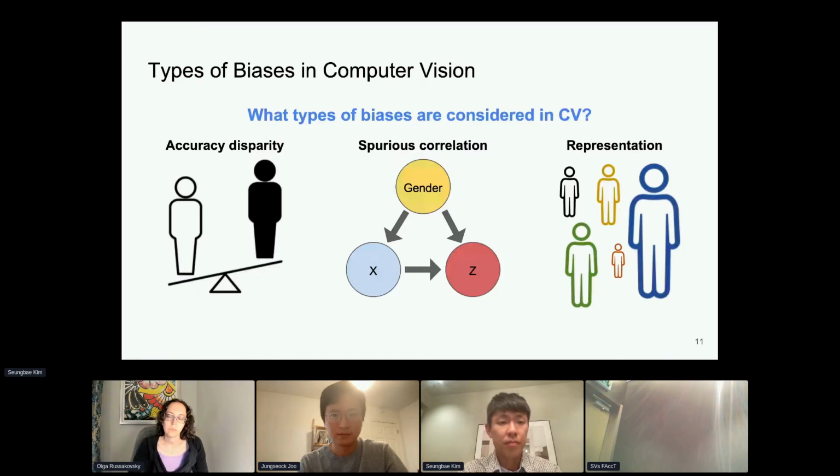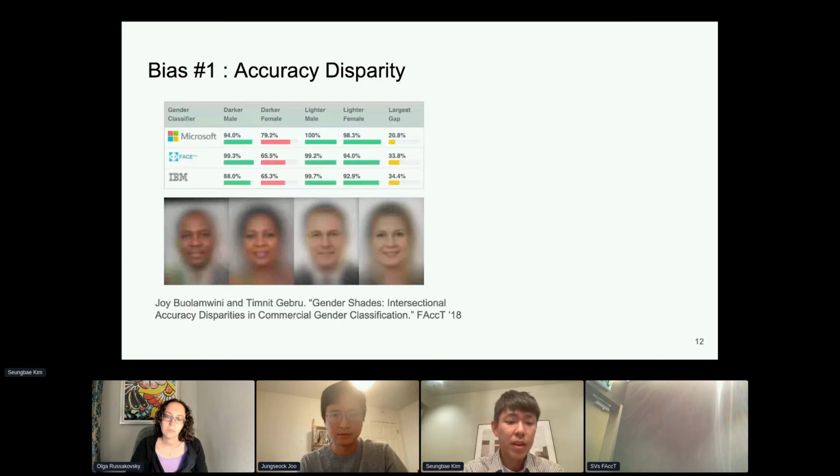The accuracy disparity measures the performance gap between the groups of protected attributes, allowing us to evaluate the fairness of computer vision models. And Gender Shades is one of the most representative papers that cannot be left out in computer vision fairness. In this paper, the authors showed the accuracy disparity across genders and skin tones in well-known commercial gender